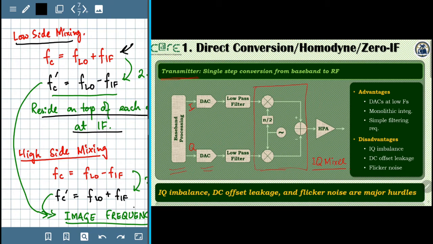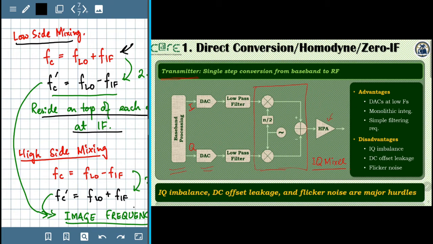And this process basically, as we saw earlier, corresponds to the frequency up conversion from baseband to the desired center frequency. Finally, we have a high power amplifier, HPA, placed at the output of this IQ mixer. The purpose here is just to amplify the signal to a sufficiently high output power that is required for transmission